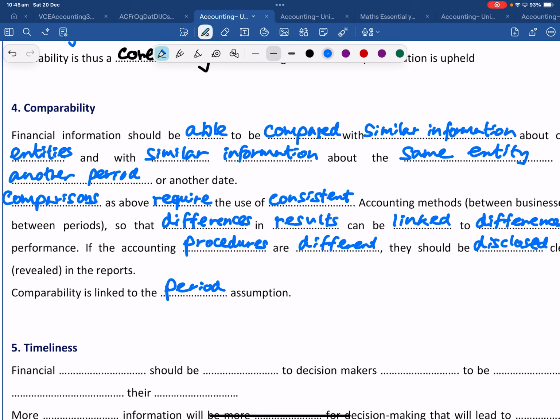We should say, look, this is the change that we have made over this year, over this period. Because students have a mentality, or sometimes even teachers, they think that we can't change the rules. No, we can change, but we have to inform them. But what we can't do in comparability is change again and again. We were doing method A last year, we come to method B this year, and again we change it next year. That's the thing that we can't do. We can't change over and over.